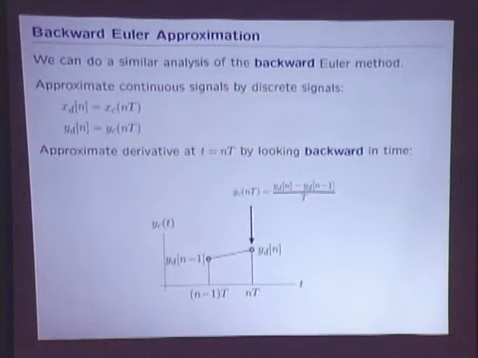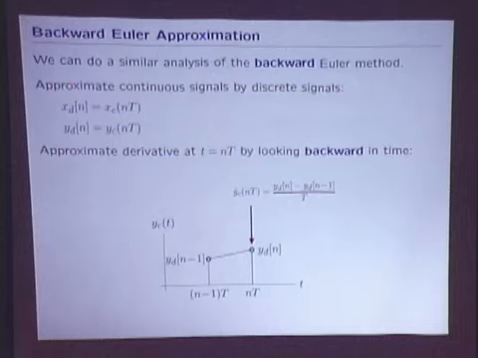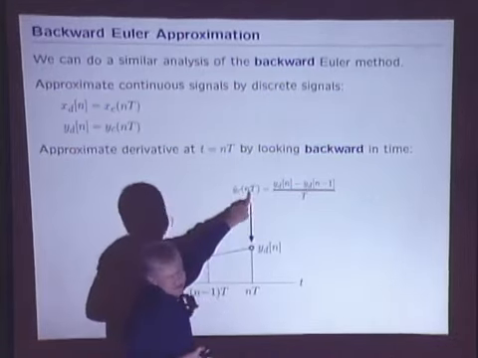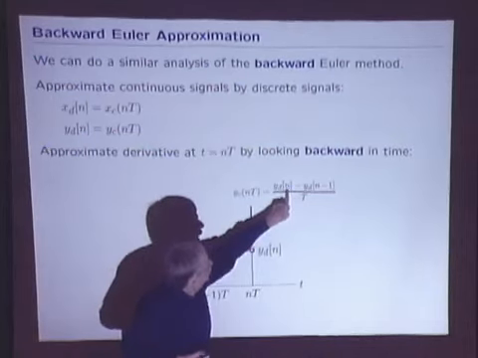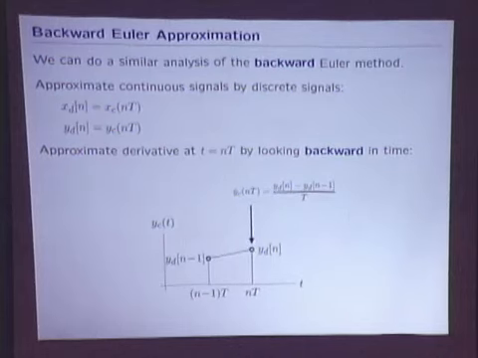I can do precisely the same analysis for backward Euler. Instead of approximating derivatives by looking forward in time, like I did before, I could instead look backward in time. If I look backward in time, it looks almost the same. Now I say the derivative at the time nT is n minus 1. Look backwards. Seems like a trivial difference, but in fact the answer comes out completely different. If I look backwards in time instead,